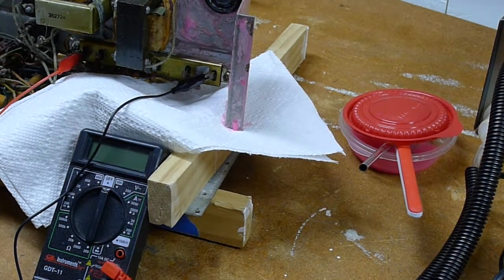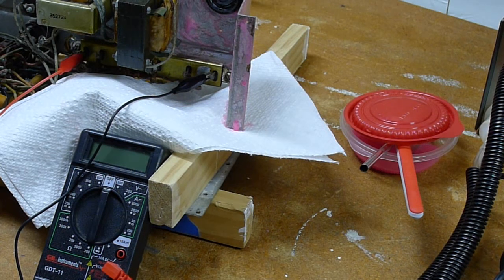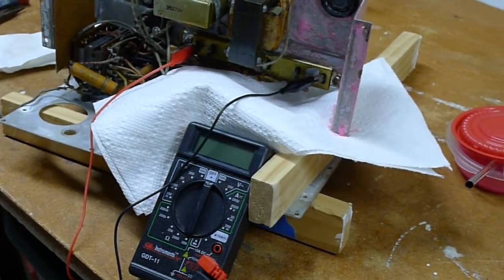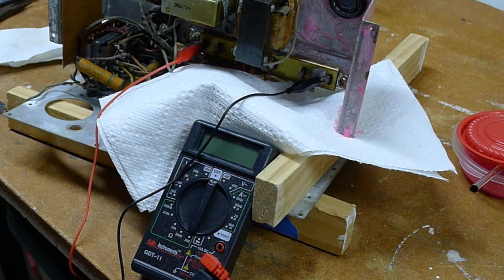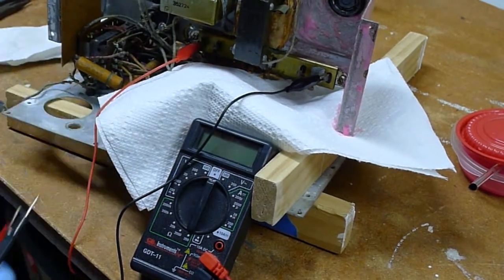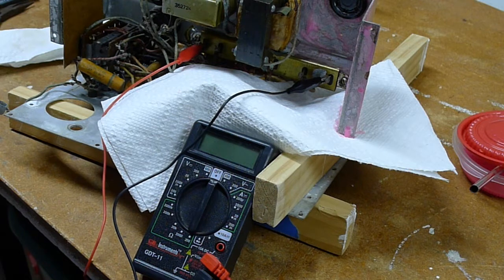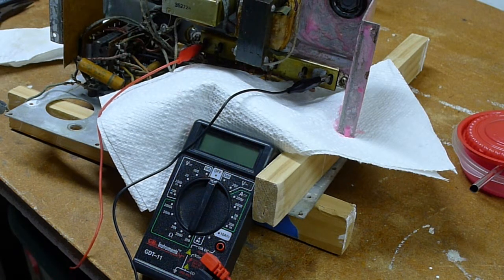Alright, so let me rotate this thing a little bit, if I can figure out how to do it. There we go. Alright, so while this naval jelly is working, I decided to check that resistor bar and see what we can find out about it. I've got my alligator clips on the negative ground lead here, and then also on the furthest. When I was looking at the schematic earlier, I said, oh, it's got 5 resistors instead of 4. No, it's tapped 4 times. That 5th resistor that was showing on the schematic